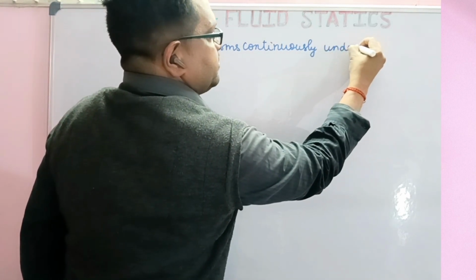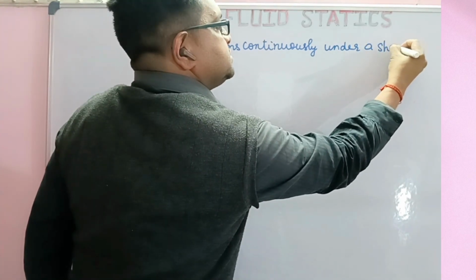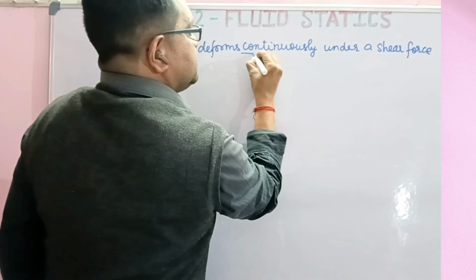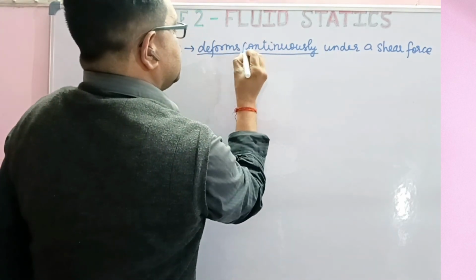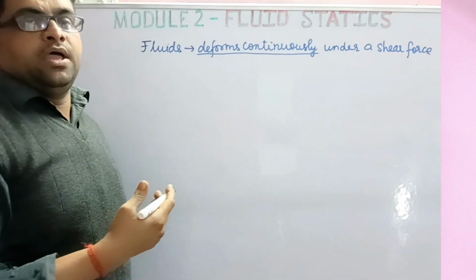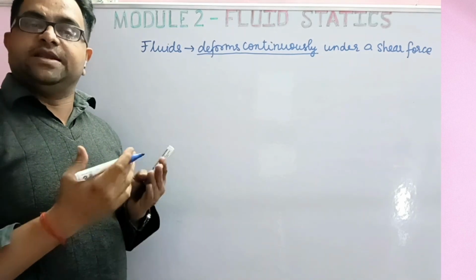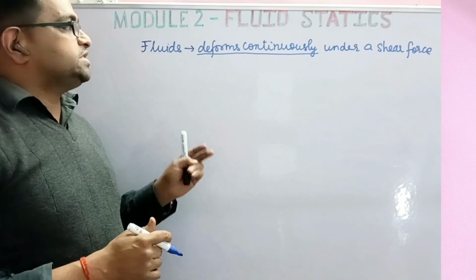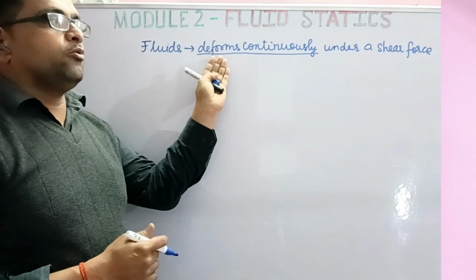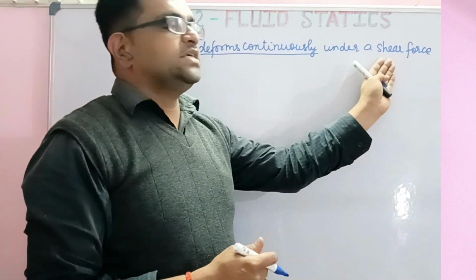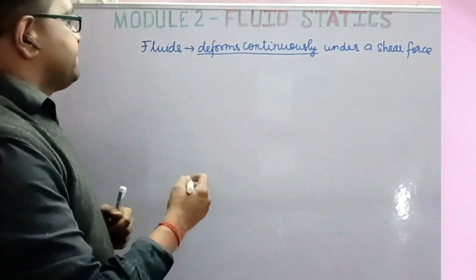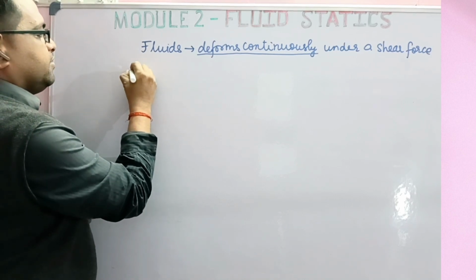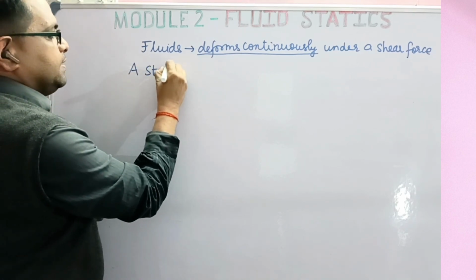But when we talk about fluid statics, it means that the fluid is at rest or not in motion, which according to our definition will only be possible when there is an absence of shear force. So a fluid is said to be at a state of rest, or a static fluid